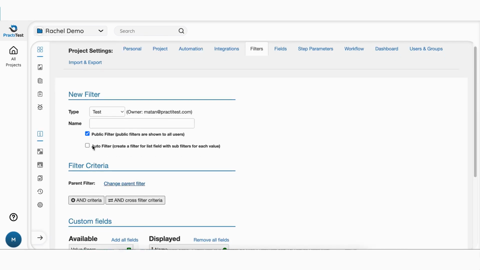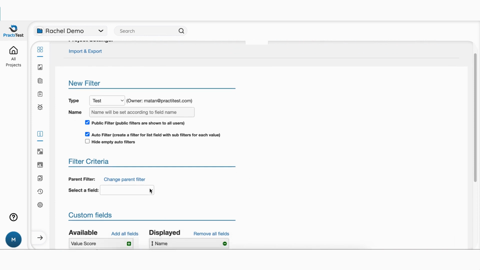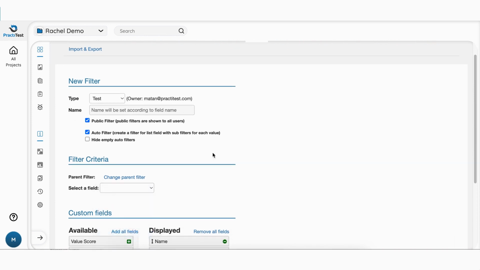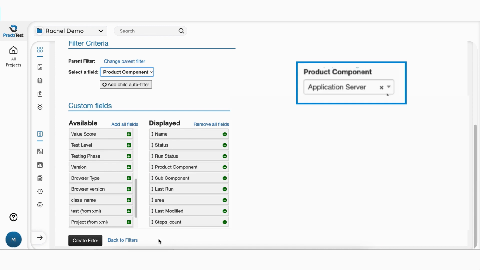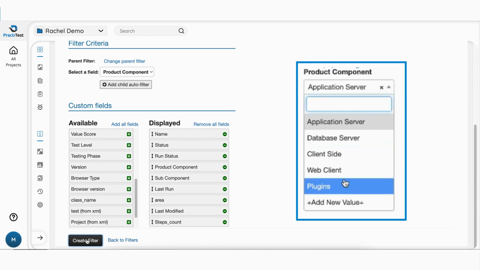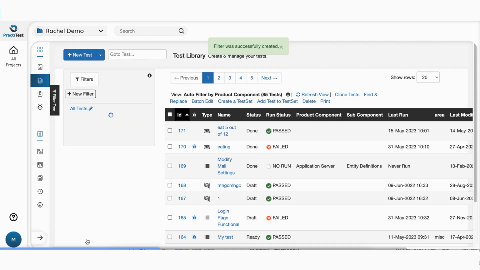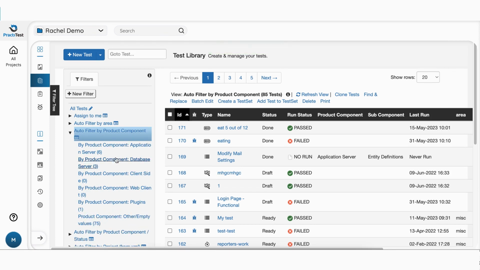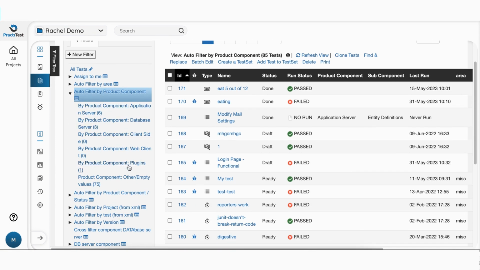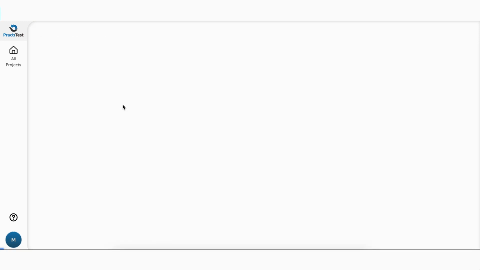When you choose an autofilter for a list field, the system will automatically create filters for each of the values in your list. For example, if you have a component field with these values, the autofilter will create a filter for each of these values, presenting only the tests that are marked as application server under the autofilter application server,